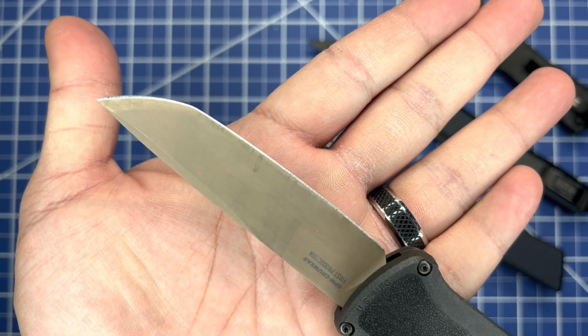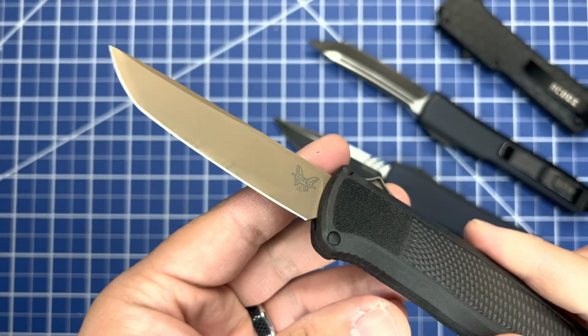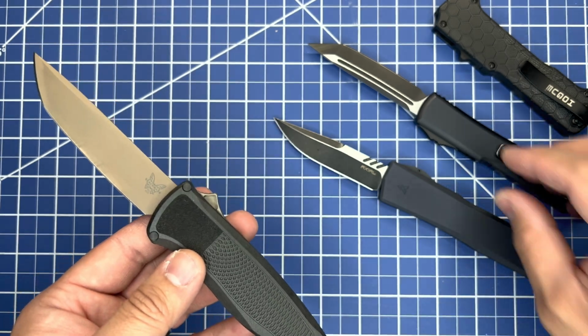I wouldn't make a big deal out of it, but I'm just pissed at this knife right now. You see the back there too? Right there, already coming off. I'm just pissed. If you use your knife, it's not gonna look beautiful. Hell no. It's gonna look scratched up. It's gonna look marred and stuff, but I use this every